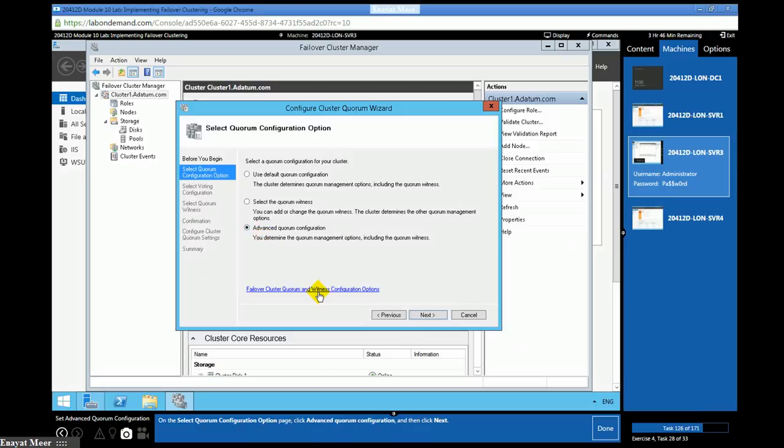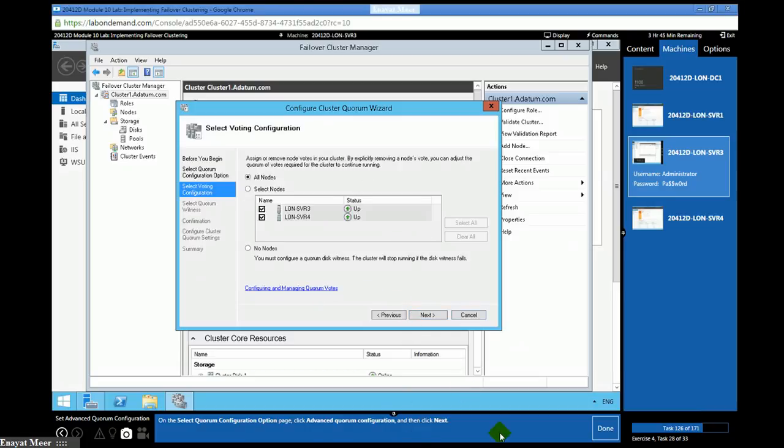You can use the advanced quorum configuration section. So you're going to just review it and click on Next. So we have SVR3 and SVR4 available there.